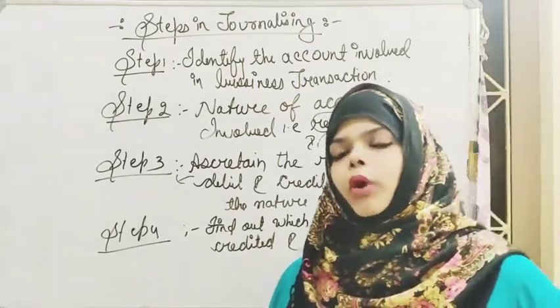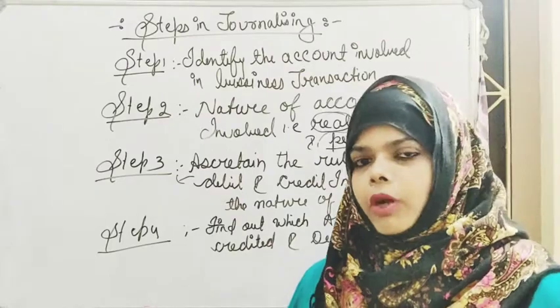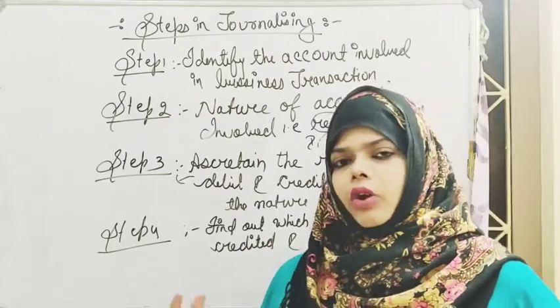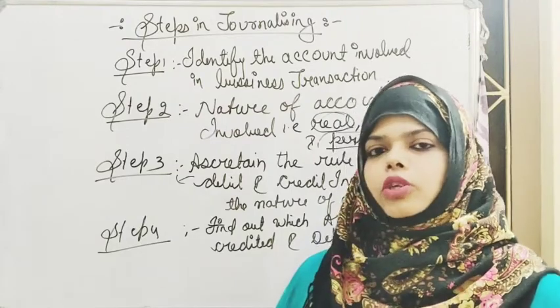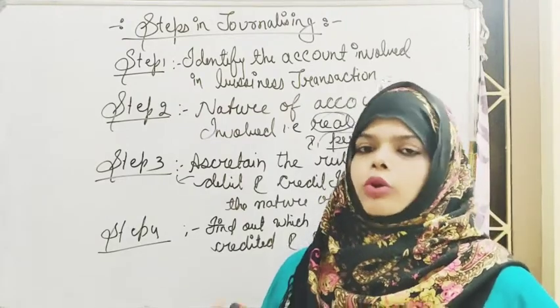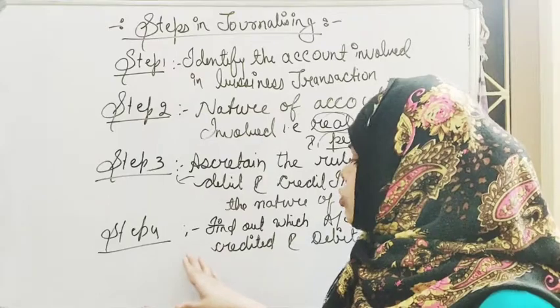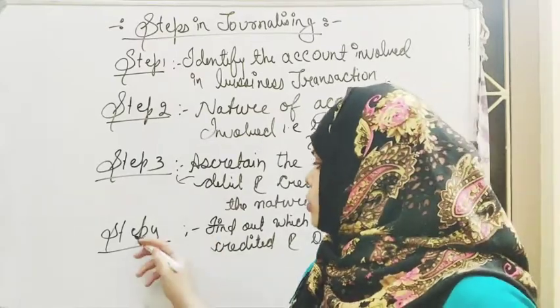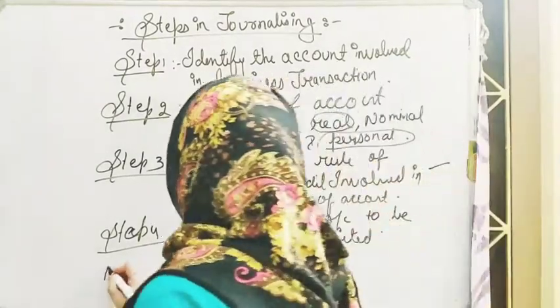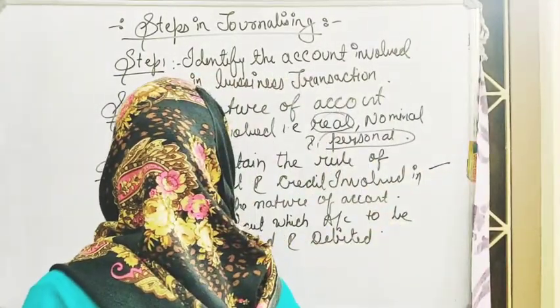When we do the problem part, or when we solve the problem, we can generally and easily find out what is to be debited and credited. There is no need to worry or hurry about what is to be done in the debit and credit part of a journal entry. So coming down to step 5.